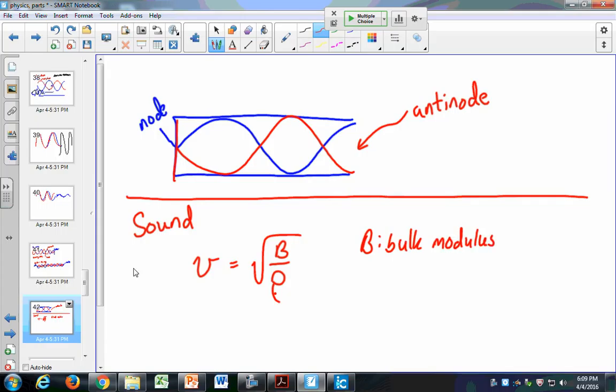But the bulk modulus describes, if I take a molecule in this substance and I displace it a little bit, how much does it want to go back to where it is? And if it wants to go back a lot, then it has a really high bulk modulus. If it wants to go back just not very much, it has a really low bulk modulus. So what do you think has a higher bulk modulus? A gas or a piece of metal, for example? Which one of those has a higher value for this bulk modulus? The gas or the metal?